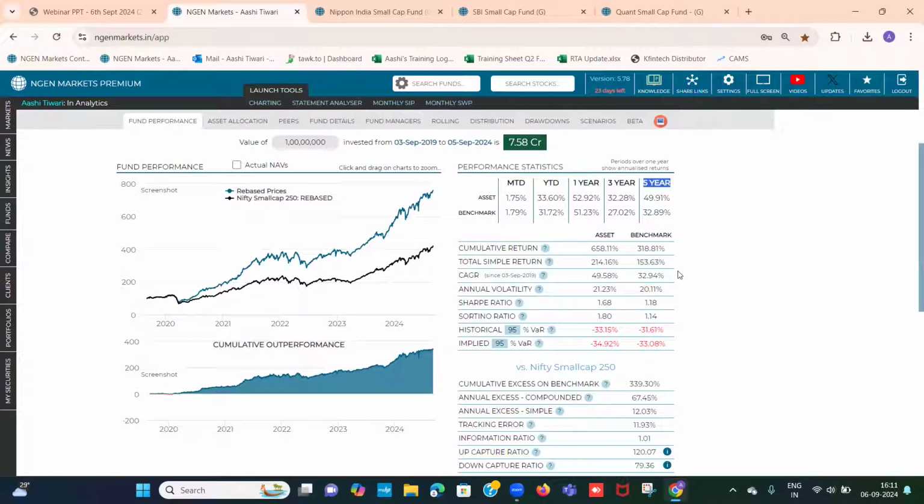Now let us take a look into certain parameters. First is cumulative return. Now cumulative return is basically absolute or point-to-point return. Here we can see that the cumulative return of our fund is near to about 658%, whereas benchmark has a cumulative return of 318%. So here we can see that there is a clear outperformance by our fund in comparison